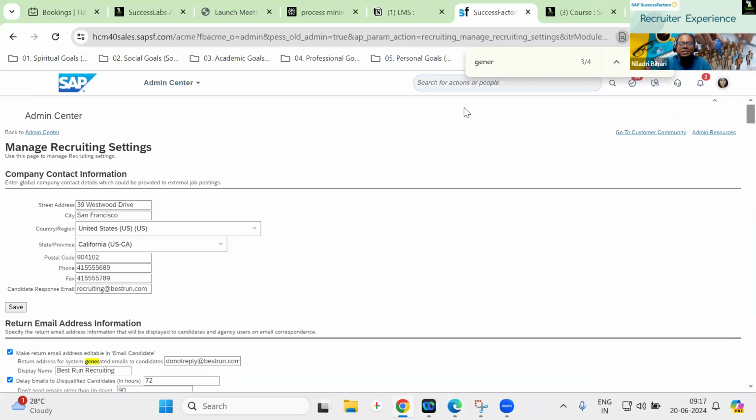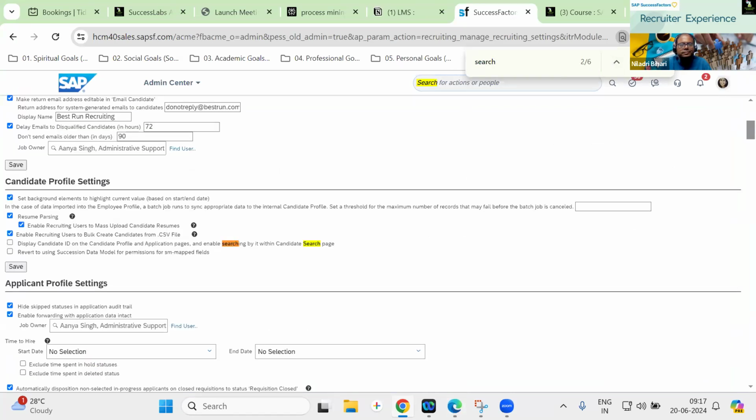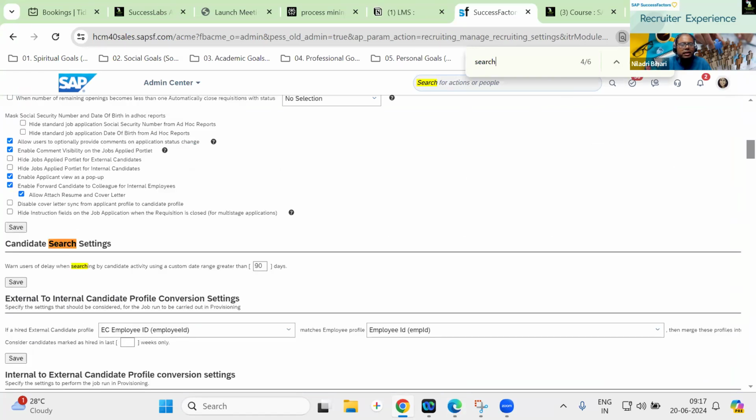If you search for search, let me search it. Interesting. Display candidate ID and candidate profile application page and enable searching by within candidate search. This is one criteria, candidate search settings.